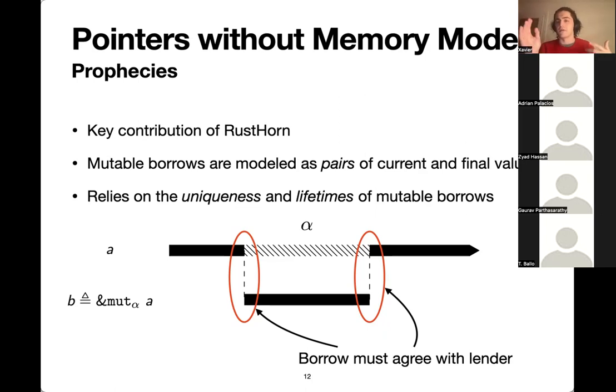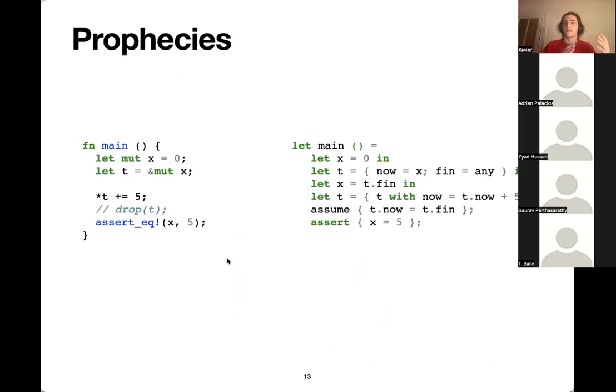We also have the same guarantee at the beginning of the borrow, right? We know that at the start of the borrow, whatever is in B is the same as what was just in A. And so this is the idea of prophecies. We're going to preempt the entire borrow. We're going to guess the final value of B and stick it directly in A the moment we create our borrow. This is going to help simplify verification quite a lot.